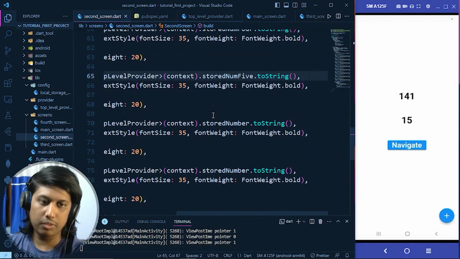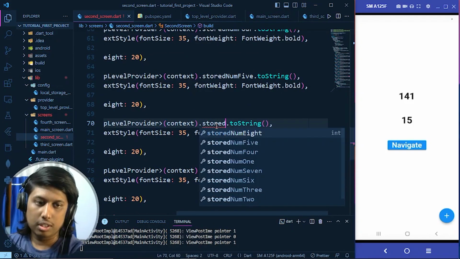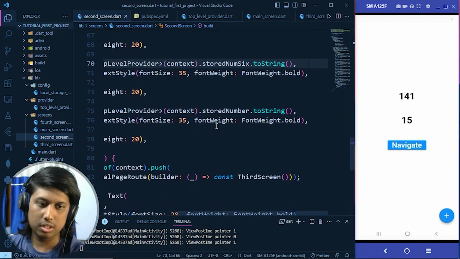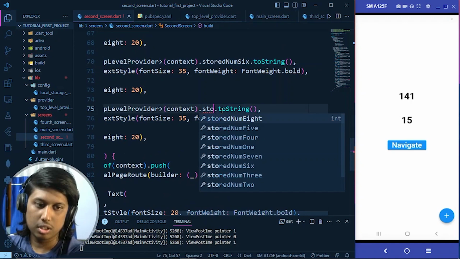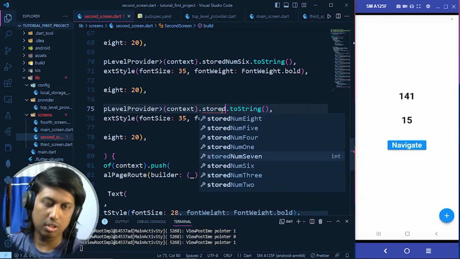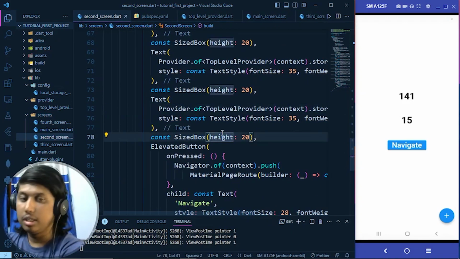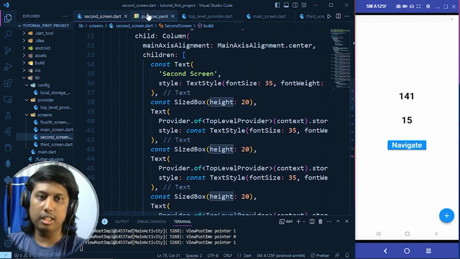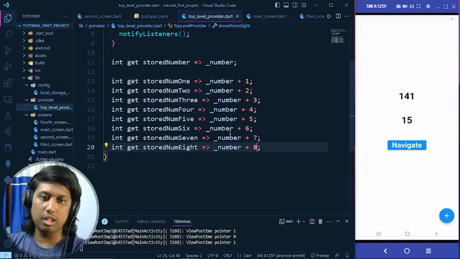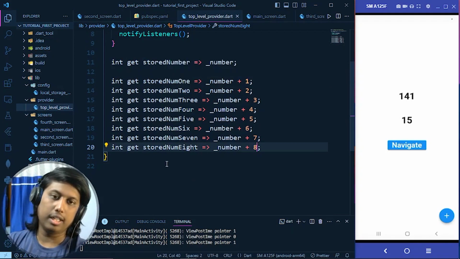Stored number 5. Stored number 6, stored number 7, okay. Now you can see here, if we declare multiple getters or multiple variables or method values that will help us